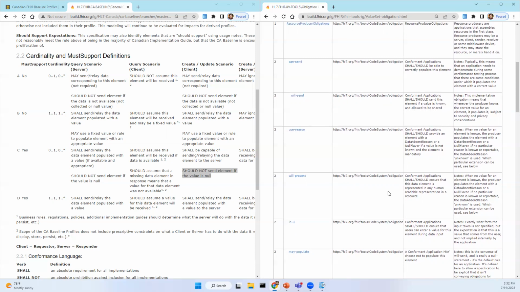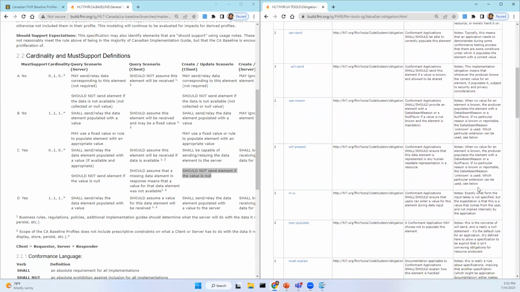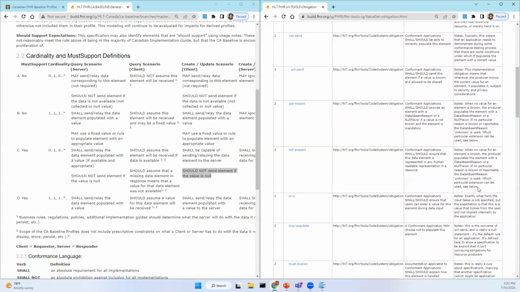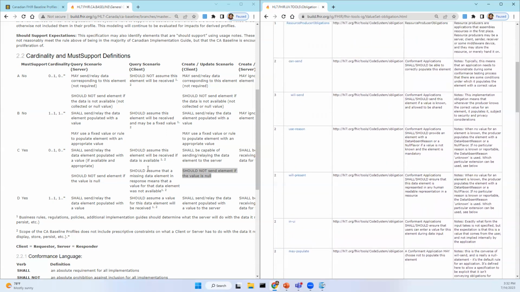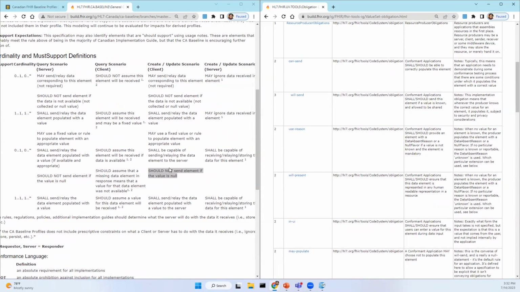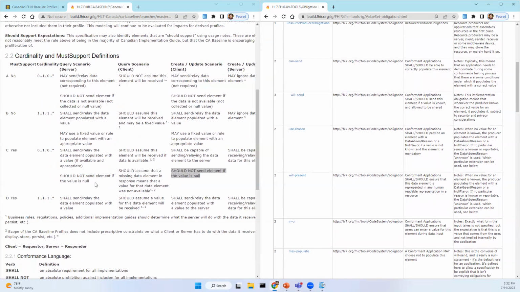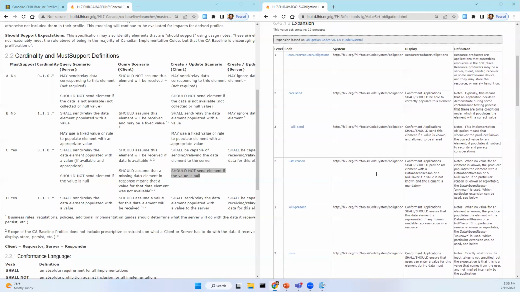So keeping that in mind, there are some codes that have been developed that might make sense for us to look at that speak to behaviors associated around data absent reason. So if I'm in the producer space, which I think in this create update, we're talking about a client, which would be the producer of the resource. And in the query one, it's a server, which would also be the producer of the resource. So these two scenarios or these two statements might fall under something like